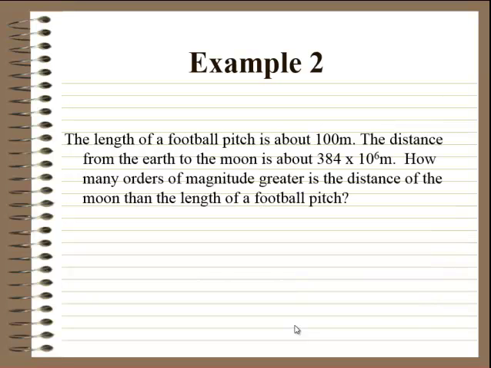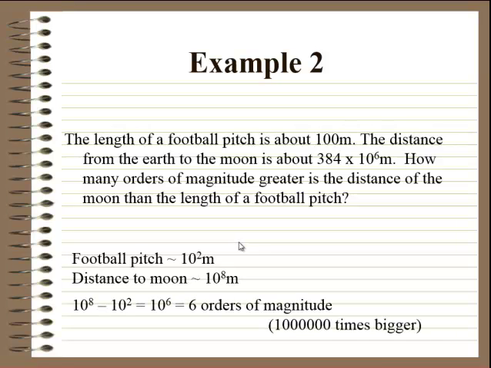One final example before I go. A football pitch is about 100 meters long, and the distance from the Earth to the Moon is about 384 times 10 to the 6 meters. How many orders of magnitude greater is the distance to the Moon than the length of the football pitch? Pause again, try and answer. The answer should be: football pitch is about 10 to the 2 meters, distance to the Moon is about 10 to the 8 meters, 10 to the 8 minus 10 to the 2 equals 10 to the 6, 6 orders of magnitude bigger. Hopefully that's given you insight into orders of magnitudes and the realm of our